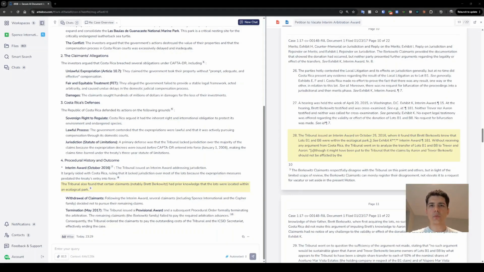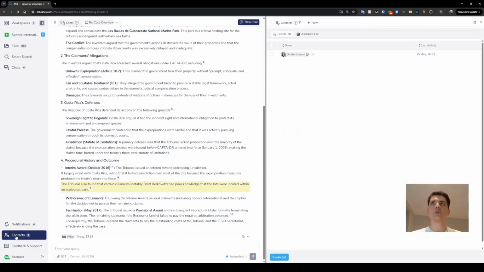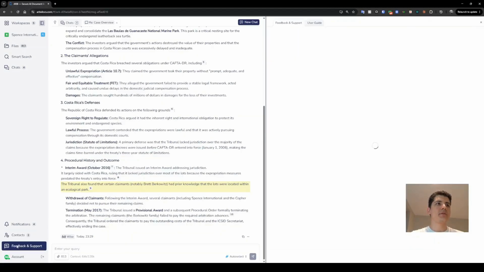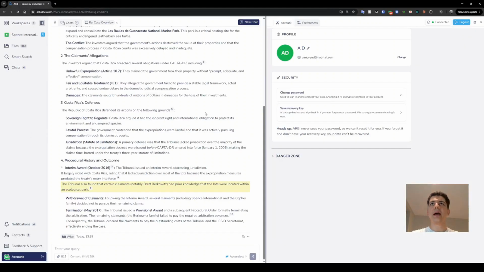So that was a quick run. There are several other features that I didn't have time to show. There are notifications, the context where you can add more people to collaborate with. There's the feedback support where you can give your feedback to us, your account to change your password, save your recovery key,